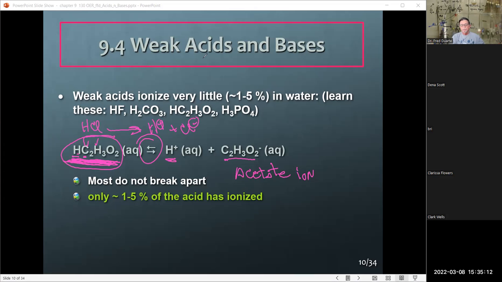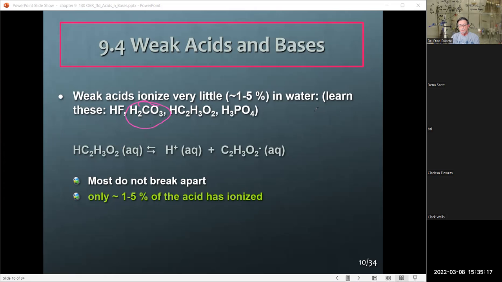Some other examples of those are H2CO3. Remember, if you look at the polyatomic ions, CO3 is called the carbonate polyatomic ion. If we put the hydrogens back on, we have this, which is called carbonic acid. If you drink a lot of soda pop like me, you drink a lot of carbonic acid. The next one is acetic acid, like that example we just did. And the third one is